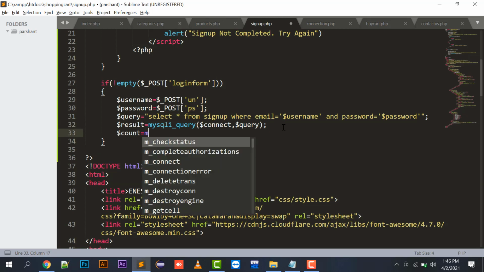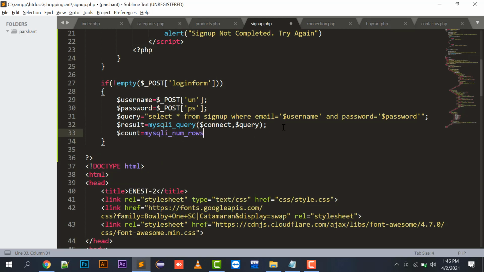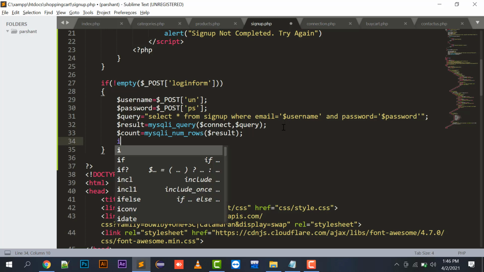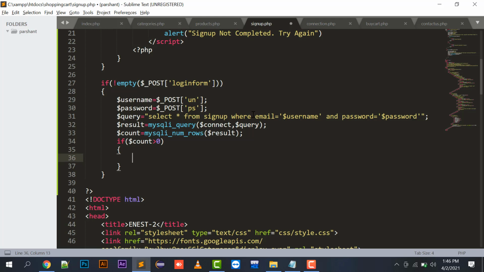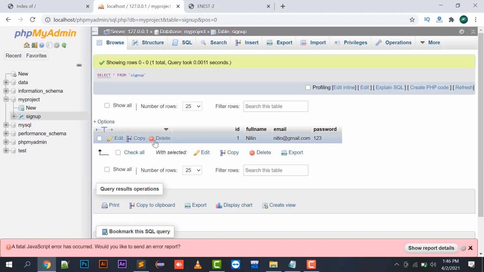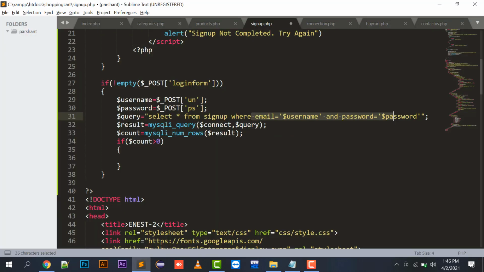Now I'm going to count that. mysql_num_rows is a function that counts how many rows are present in the result variable. So if the email and password match the database, that row will be in the result variable, and mysql_num_rows will return 1 in the count variable, because that username and password match the database.